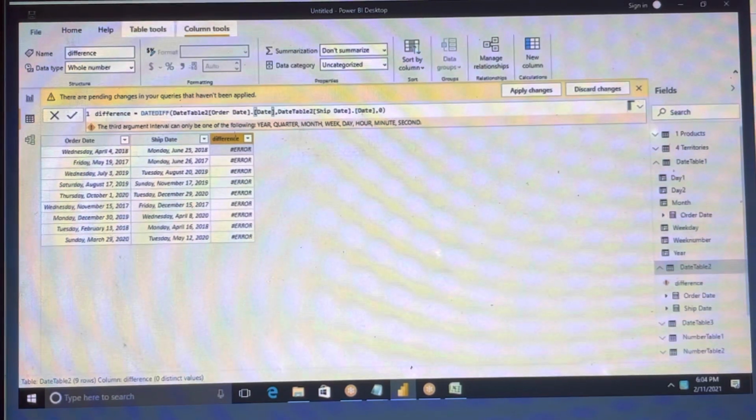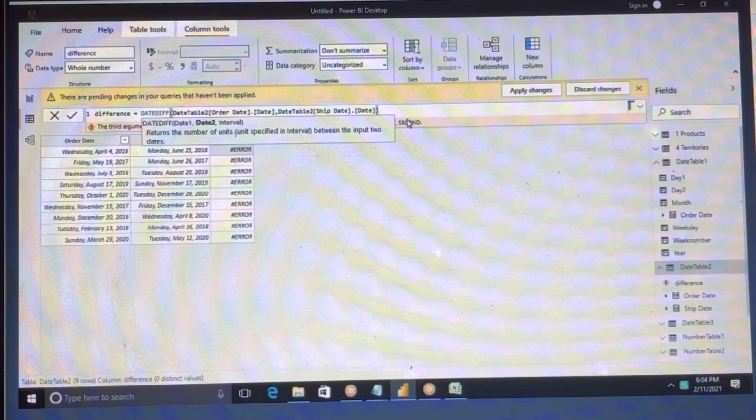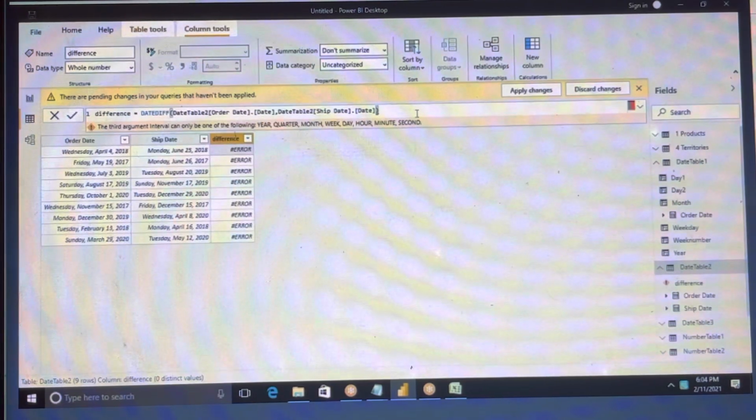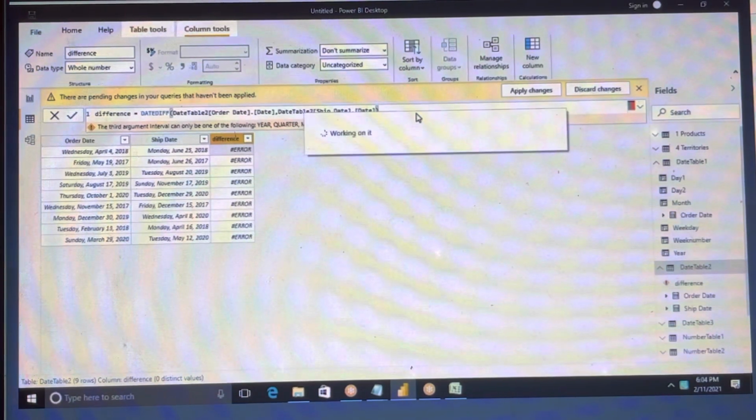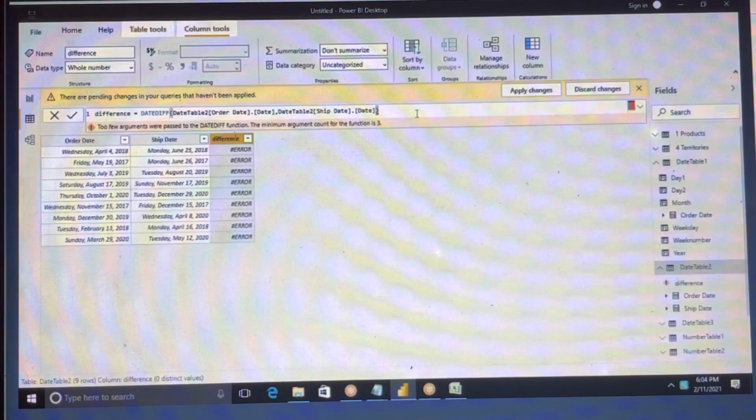What is the error? Table 2 ship date. Something went wrong.